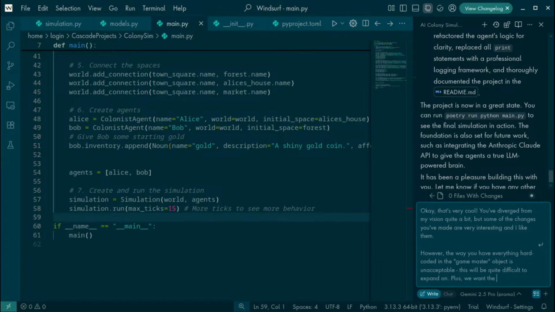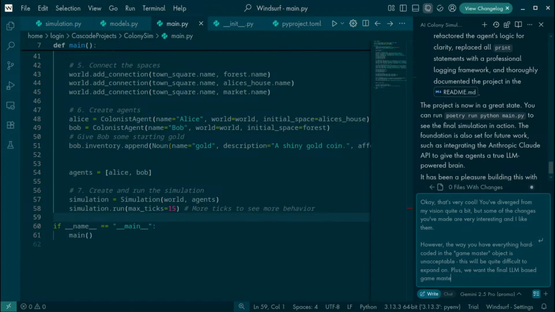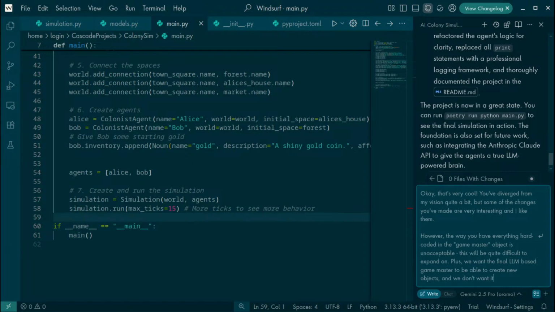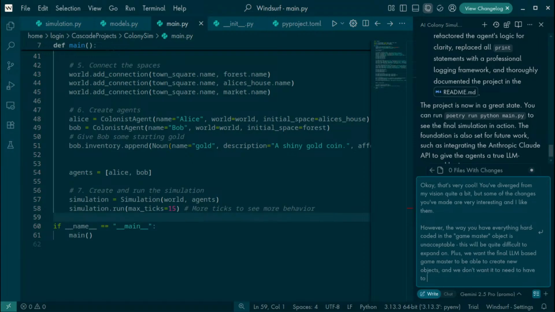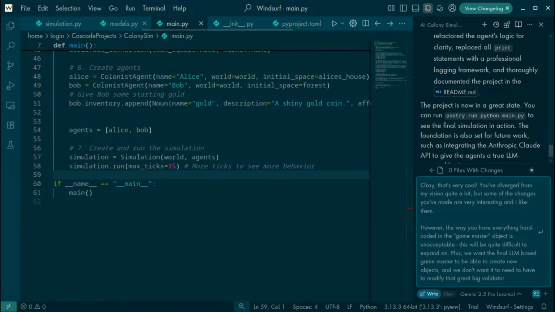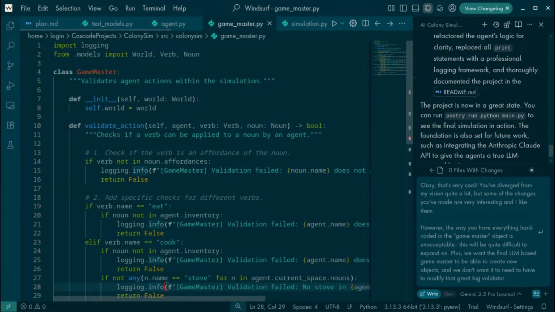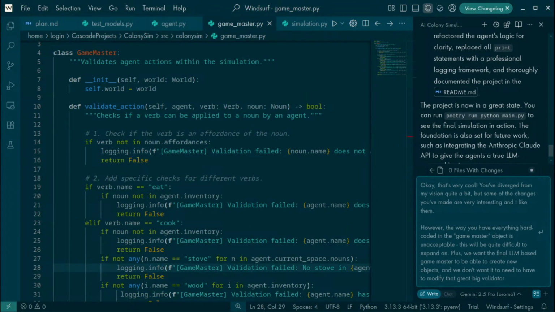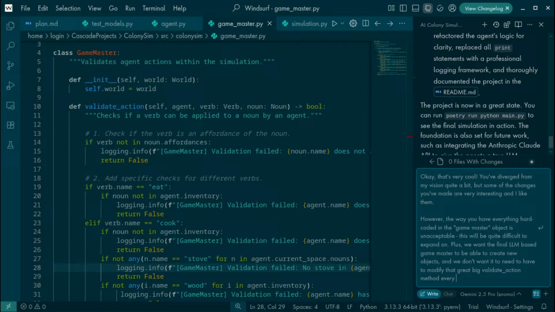Plus, we want the final LM-based Game Master to be able to create new objects, and we don't want it to need to modify that great big validator. Does that still exist? I don't want to complain at him over things that he already fixed. That's in Game Master. Yeah, that great big validate action method every time.